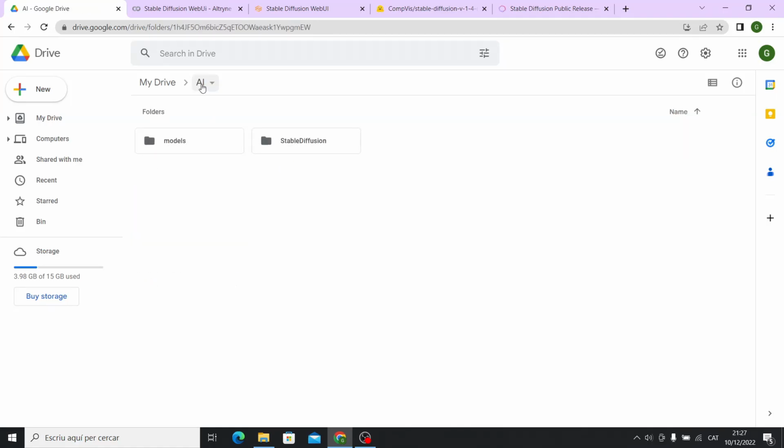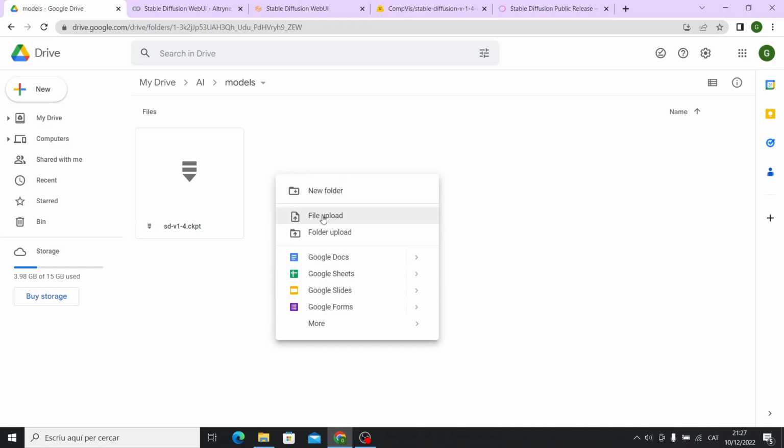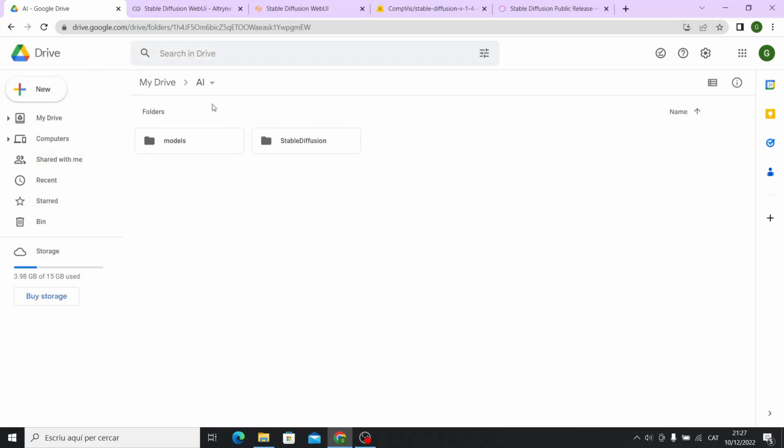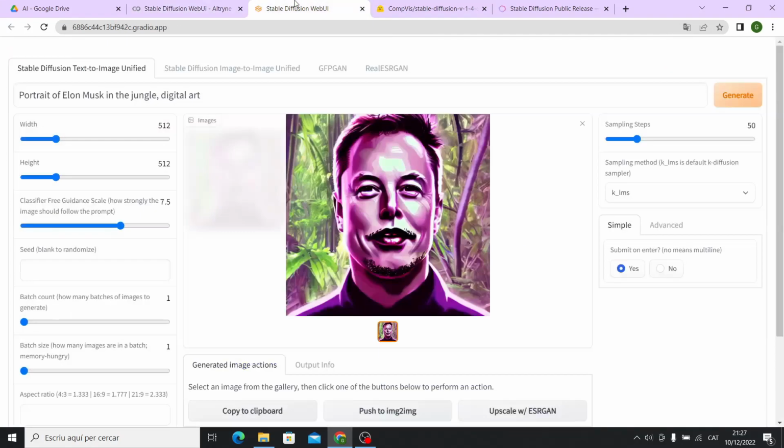As a reminder, in this middle section, you need to upload your model here, for file upload, and you can choose it from your computer. Then here, in Stable Diffusion, you can play with the image size and the prompt, and generate all kinds of different images. It's really fun. Just portrait of Elon Musk in the jungle,